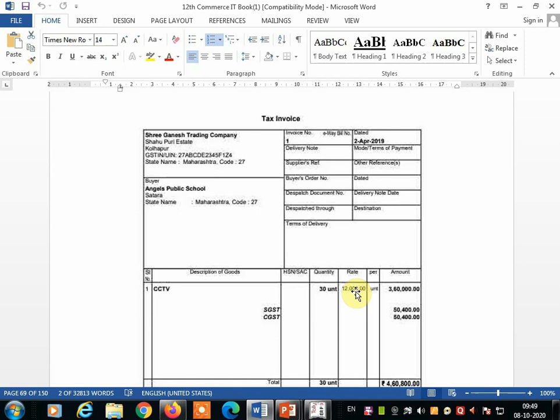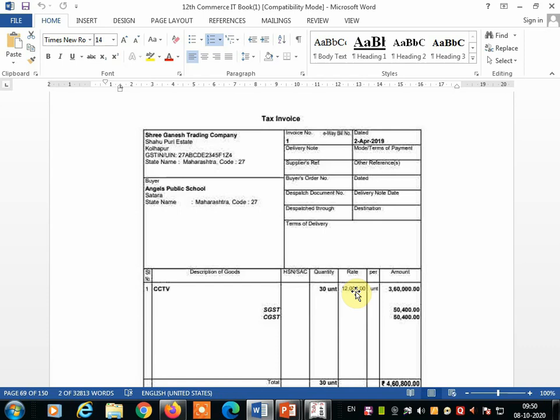Every field now has accounting software. Every company, every sector, private or government, everywhere there is a computer and they are using the Tally software or GNU Khata to keep the record of daily transactions. Nobody is doing it manually now. Every company has computerized accounting. And if you learn to calculate GST, SGST, CGST, and keep the record of daily transactions in the computer, then definitely you will get a job anywhere.